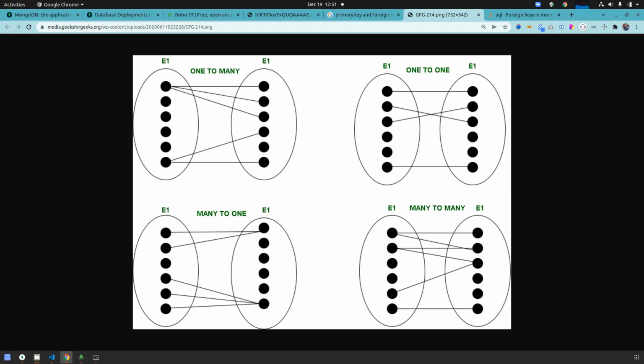One payment is made by one customer only, right? Or customer and address: one address is only possible for one customer only. So there is a relation between address and customer. This is one to one. It will always be one customer to one address.